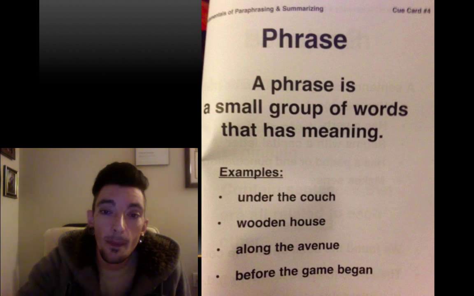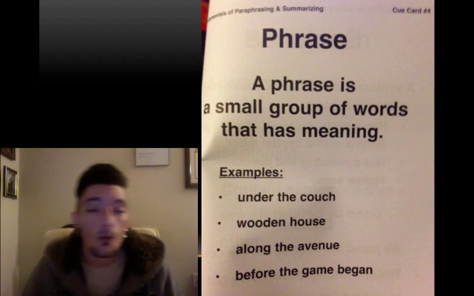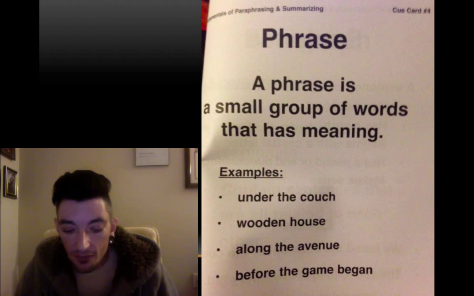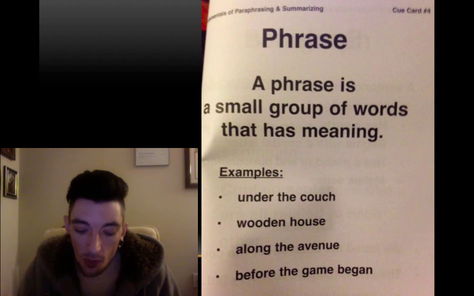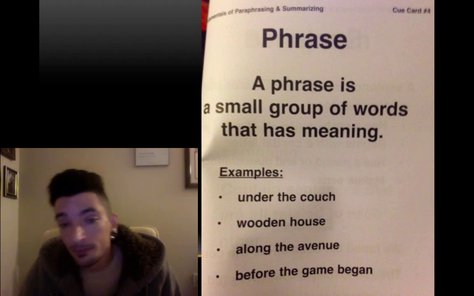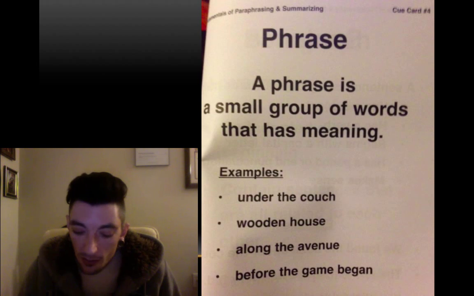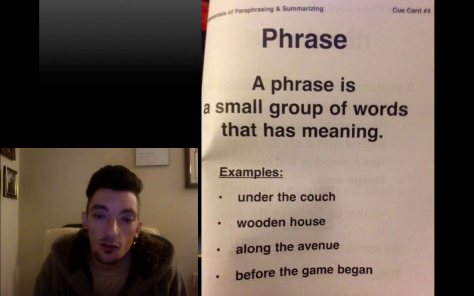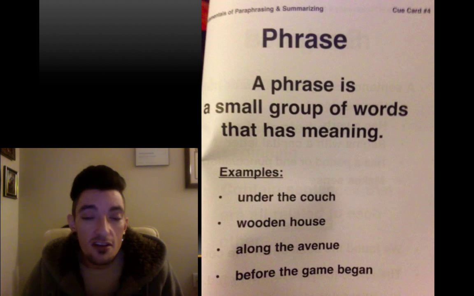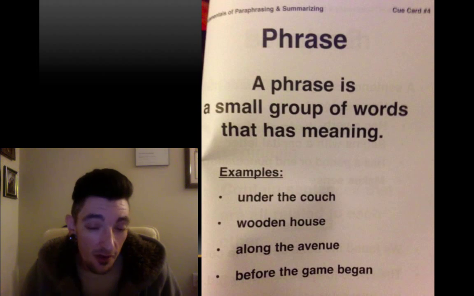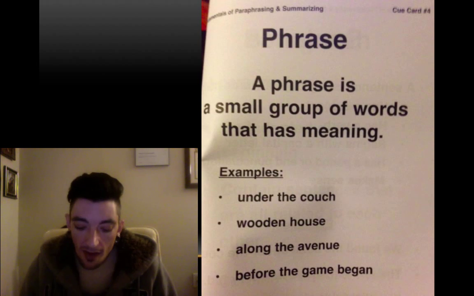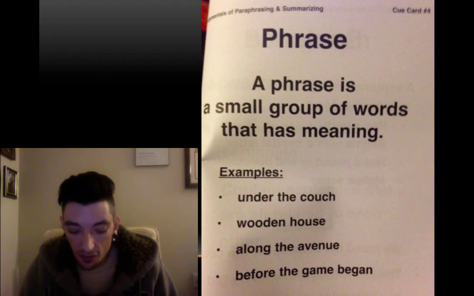So here we go. What is a phrase? Well, a phrase is just a small group of words that has a meaning. For instance, wooden house. Well, what does that mean? Or how else could we say that? A house that's made of wood. Good. So remember, good readers break down sentences into smaller parts or chunks or phrases, and then we change the words a little bit in our head or paraphrase, and that helps us to understand that phrase and the sentence as a whole, and that's going to help us with paragraphs later on too.